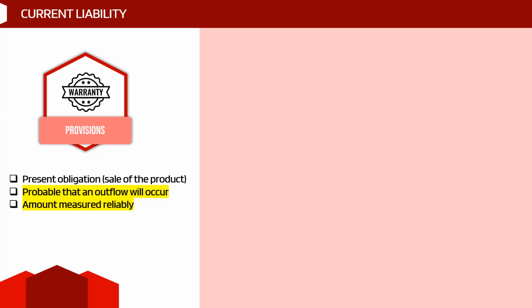So now we go to the next type of current liability that we haven't discussed, which would be provisions. The most common example of provisions is warranty, but kindly note that warranty is just one example of what provisions are. So before going into the specifics of any warranty, let's discuss what makes a provision a provision. So just like any other liability, it is really a present obligation that usually arises from a sale obligation, particularly if it's a warranty, right? But what really makes it a provision is that you have a